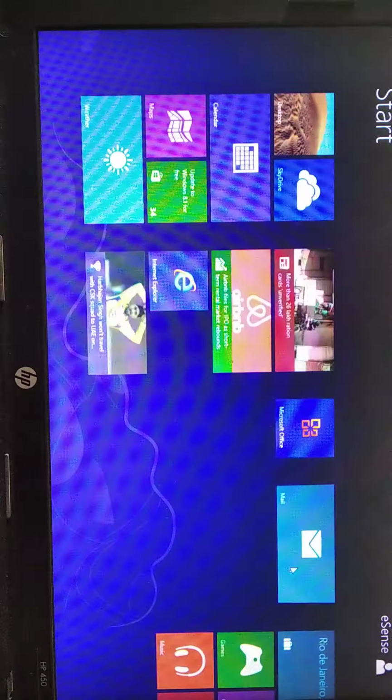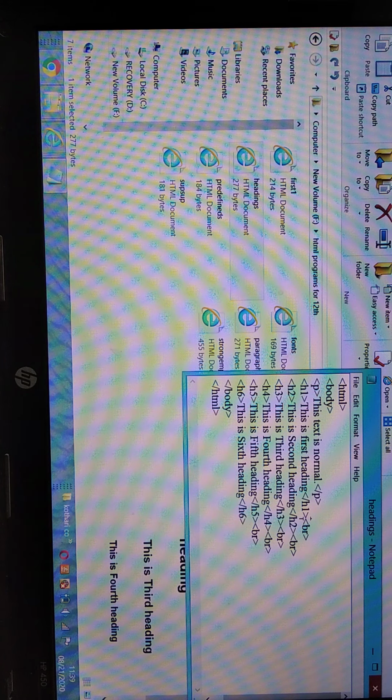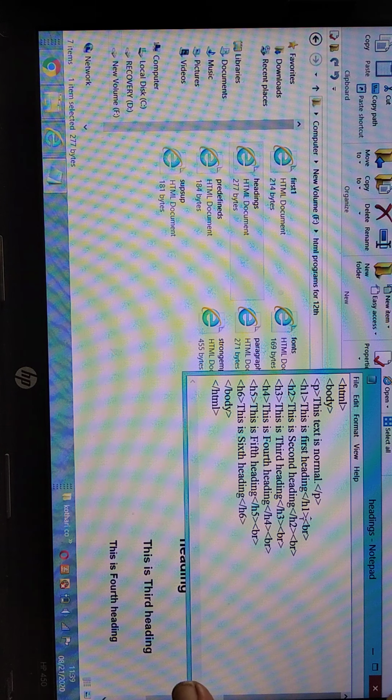Here you can watch the BR tag at the end of each line. So why do I have to use the BR tag? We have already learned about the BR tag in the last video. This is the window of Notepad.